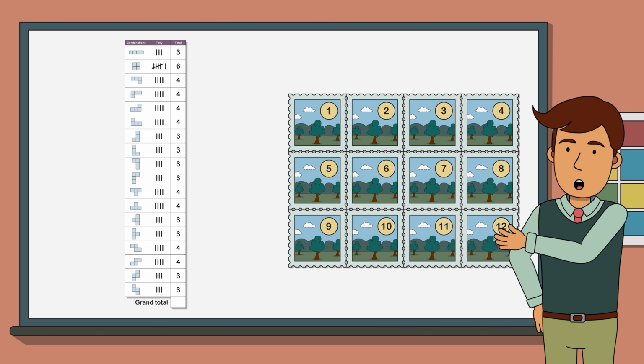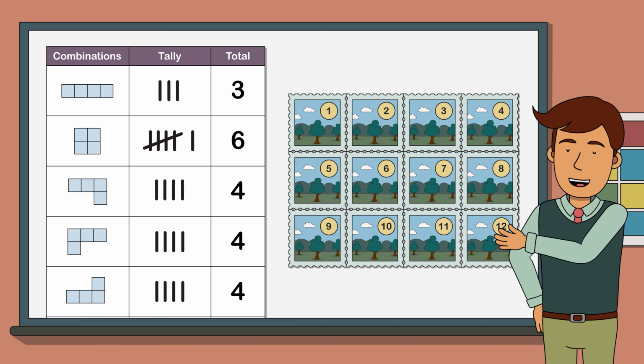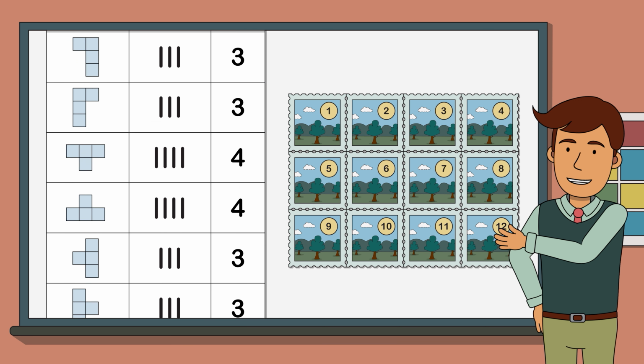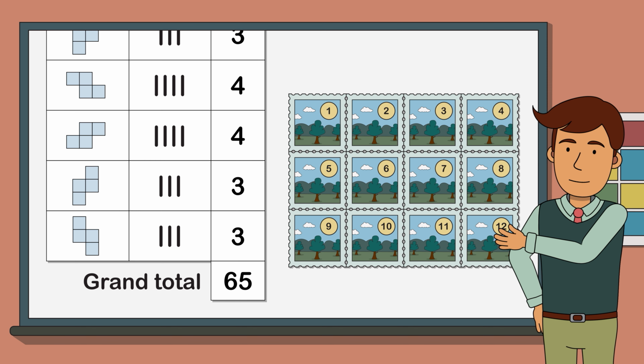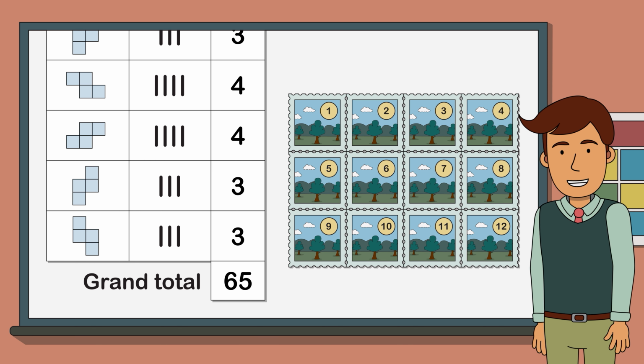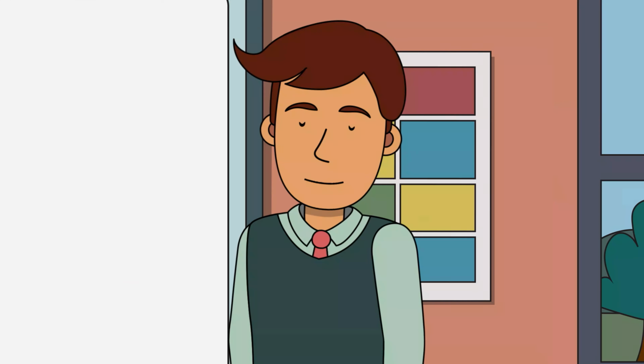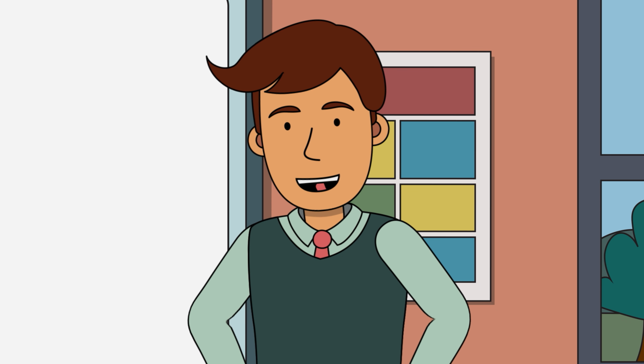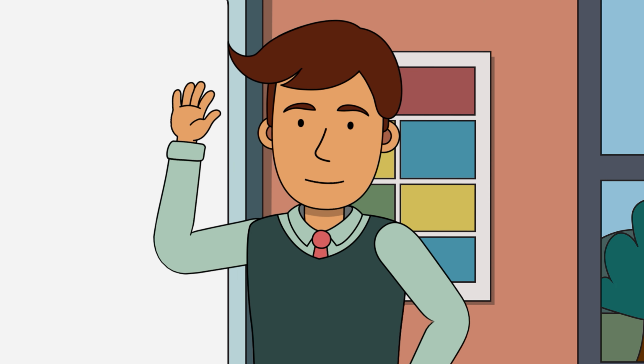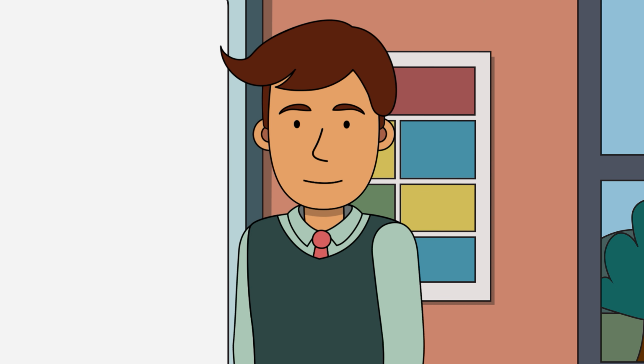To find our total, all we need to do is add all the numbers in our far column, which gives us an answer of 65. So there you go, there are 65 possible ways to tear off 4 connected stamps from this 12 stamp array. I had no idea it would be so many. We hope you enjoyed putting your stamp on this playful postage problem. Thanks for watching. We'll see you soon.